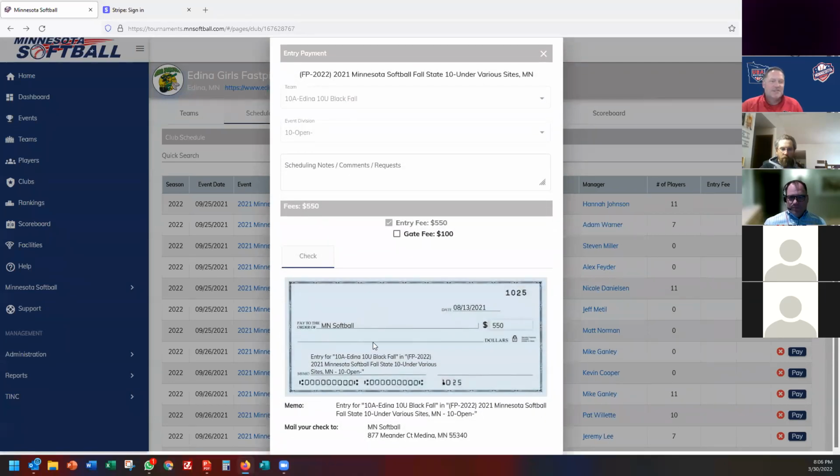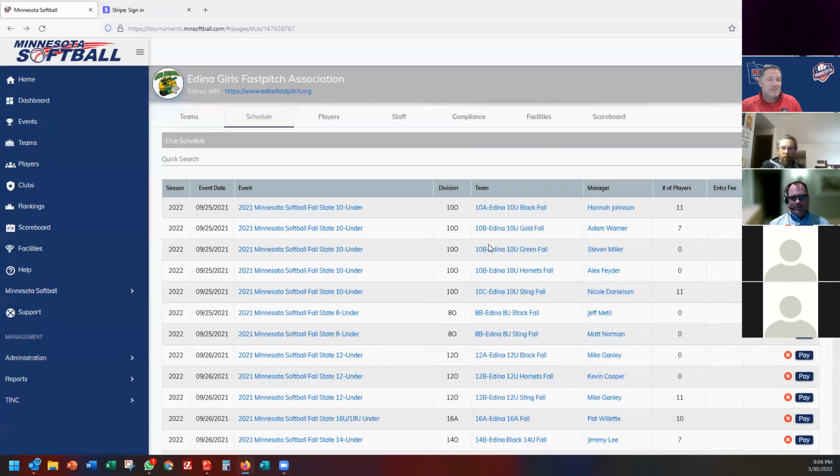So you'll notice that the state office generally, I'll explain why we do what we do. The state office only accepts checks because we probably would have about $50,000 a year in credit card, whatever. And instead of kicking that fee out to you, we're not doing that. We never get bounced checks for fast pitch because you collect enough money from player registrations to cover your bills. You guys are awesome. If it's the slow pitch slobs, man,